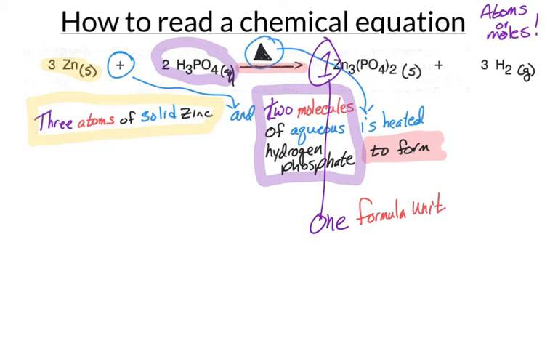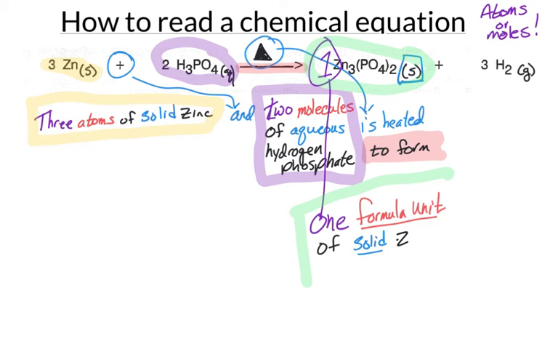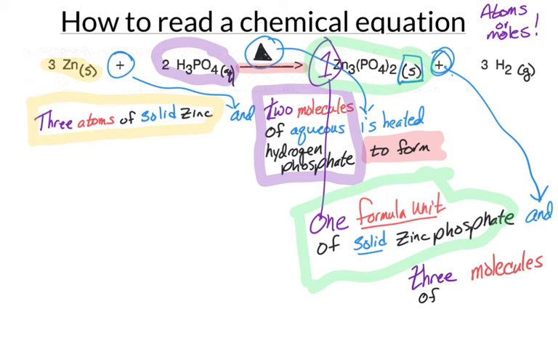So it makes one, and now we're going to use the word formula unit because this is an ionic compound. So 1 formula unit of solid zinc phosphate. So we need to know the names of these compounds. And, again, the plus sign means and, 3 molecules of gaseous hydrogen. I think you can understand why we like to use shorthand. Very hard to read a sentence like this,